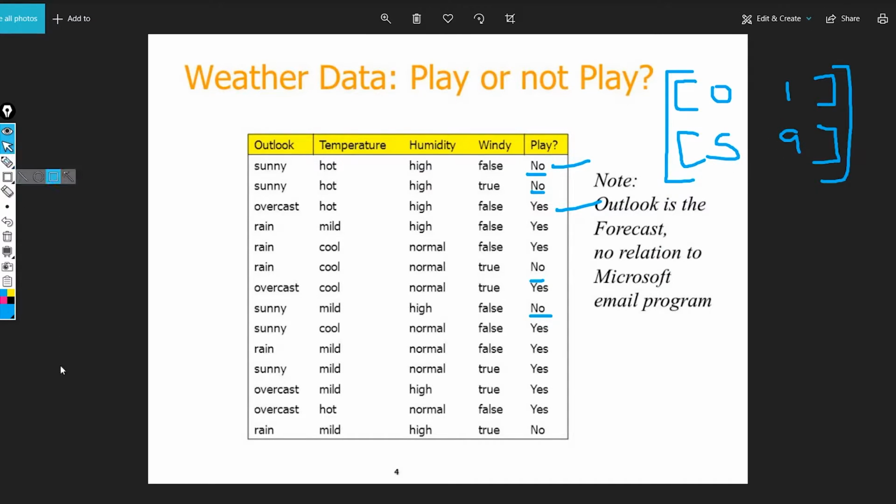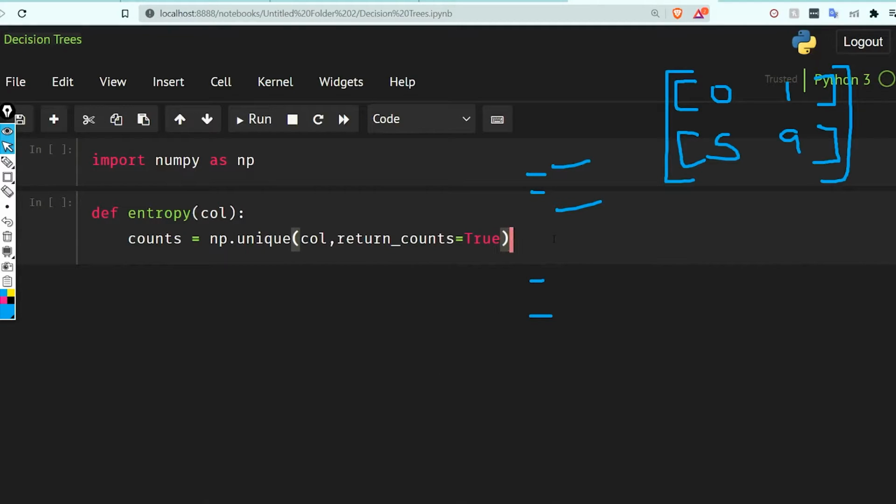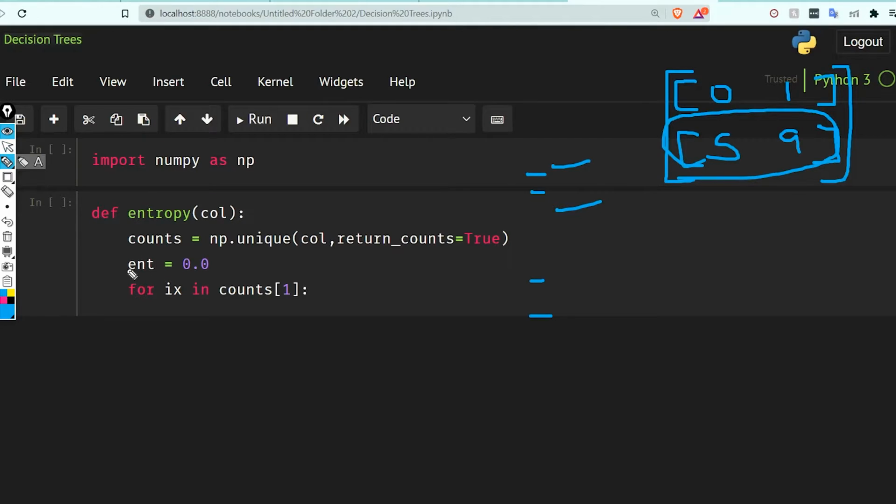Now let's move on to the code. For what we are going to do, entropy equal to 0.0 for now, for ix in counts[1]. It means that we are iterating over this part. First it will have 5, then it will have 9.